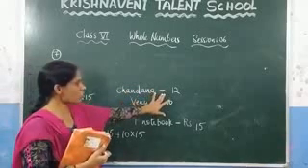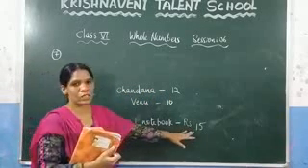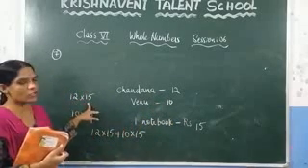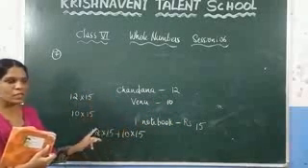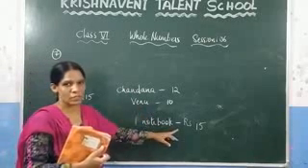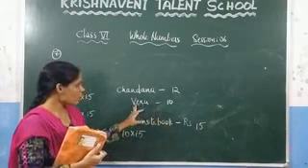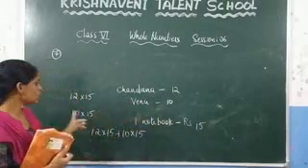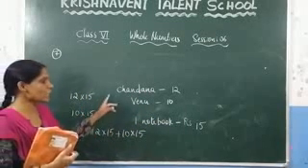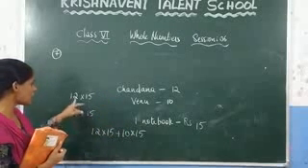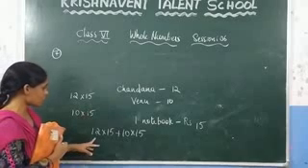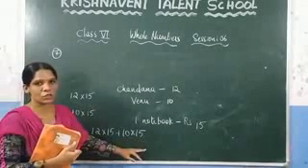Since Chandana purchased 12 notebooks, and the cost of each notebook is 15 rupees, how much money does she have to pay? 12 into 15 rupees she has to pay to the shopkeeper. Similarly, Venu got 10 notebooks and the cost of each notebook is 15 rupees. So, how much money does he have to pay? 10 into 15 rupees to the shopkeeper. Here, they ask to calculate the total value. So, you need to add these two values. So, how much money they have to pay to the shopkeeper is 12 into 15 plus 10 into 15.